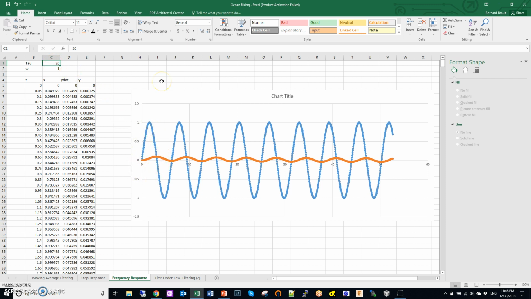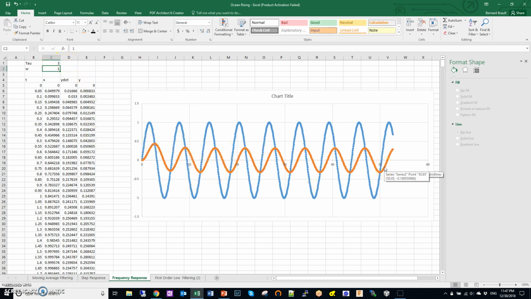So let me just change this to 10, let's say, and you see, now the signal is not as filtered, it's a little higher. So if I change it to, let's say, 3, notice that as I'm changing the tau value, I'm changing how much filtering I'm applying on these frequencies. All right, so let's go back to